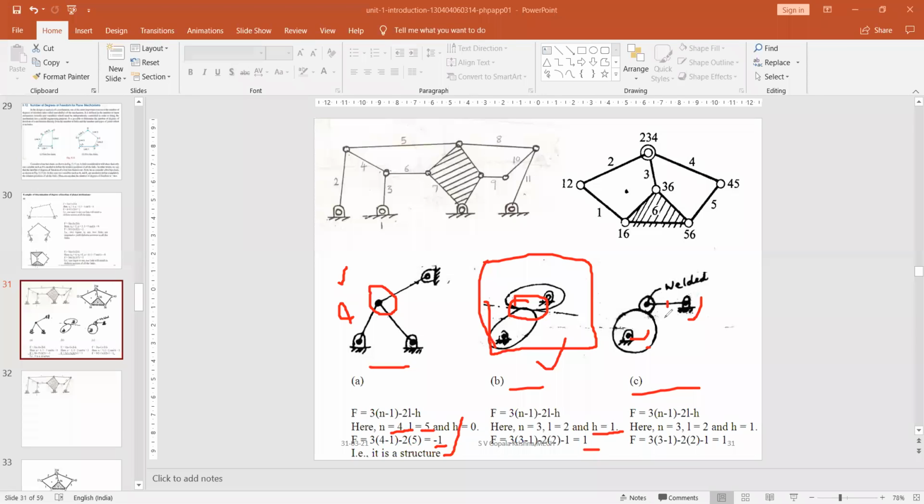So three links are there. Why are they indicating the three? Because what is the link here? The upper link, this link, is welded. One roller is there, and the roller is welded to the particular rod. So the total part is only one. So this one is one.